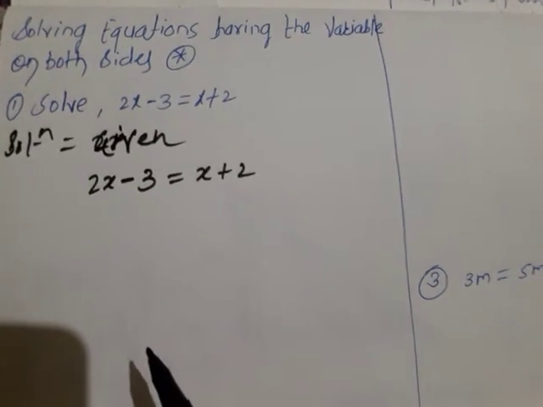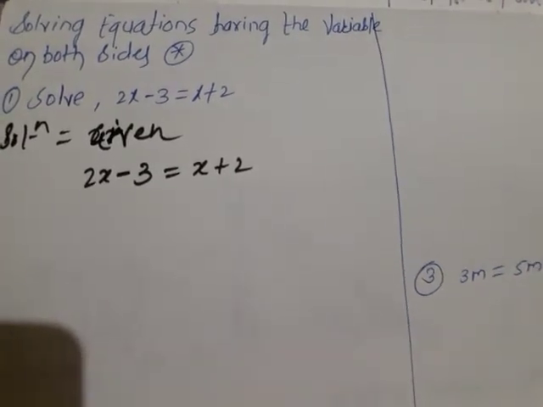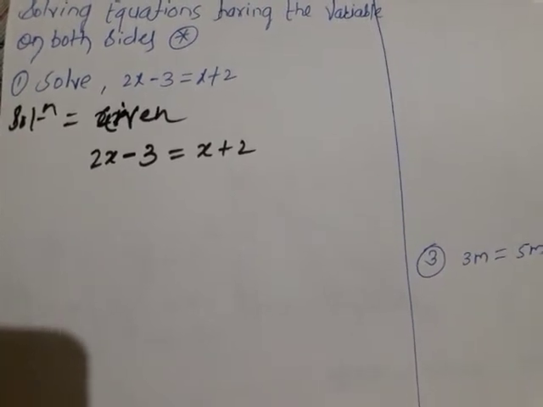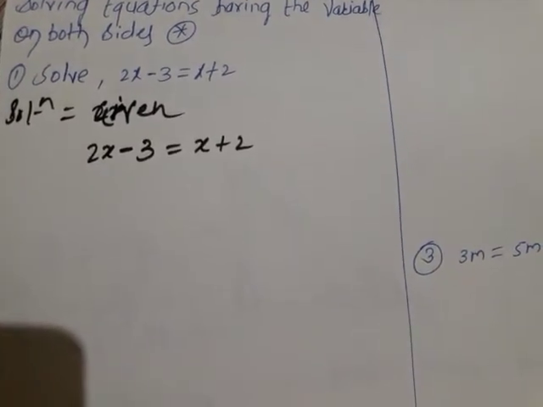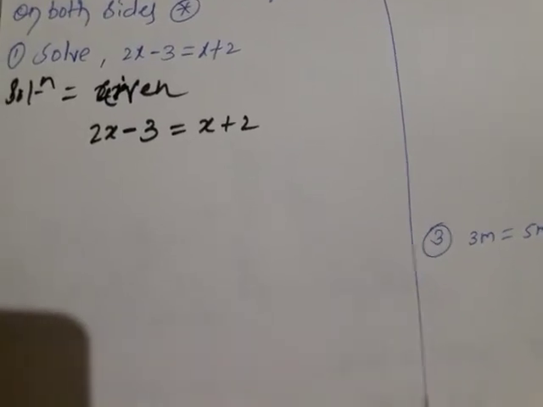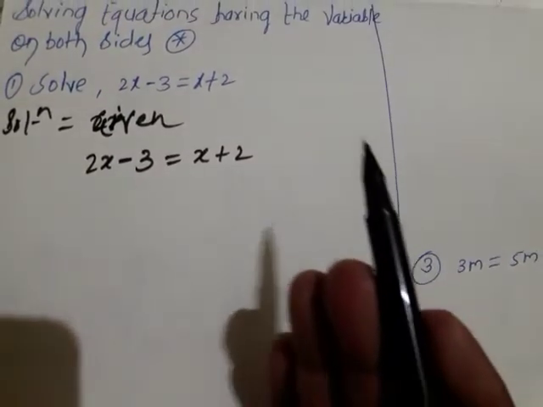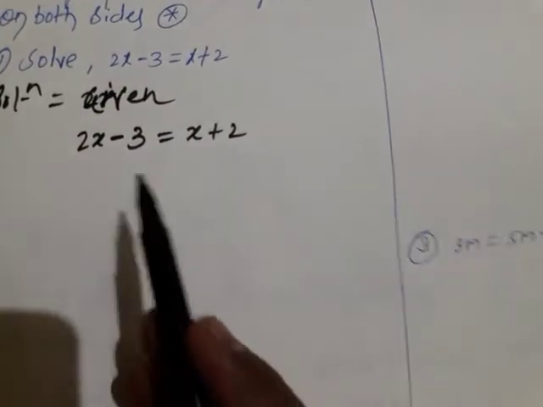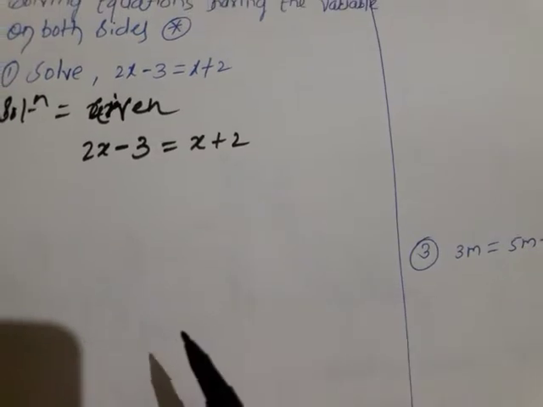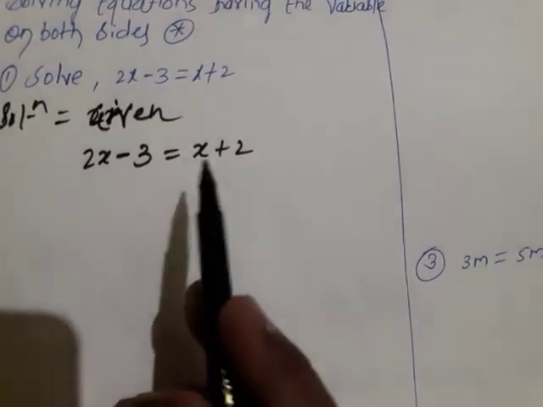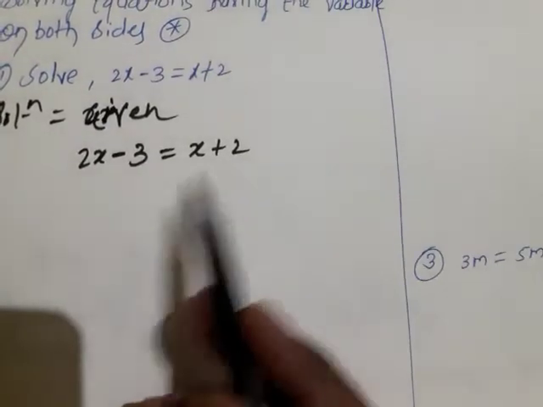Then we have to find out the value of x variable only. Okay. How to find out the value? While finding the value of that respective variable, you try to first of all equate the variable on one side. Maybe that is whether LHS or RHS, doesn't matter. Are you getting what I am saying? Means what to do? We have to take those variable on one side and remaining whatever numbers are given, those are on one side. Simply we will get the value of variable. Means for example, look here. Here is 2x minus 3 and here is x plus 2.